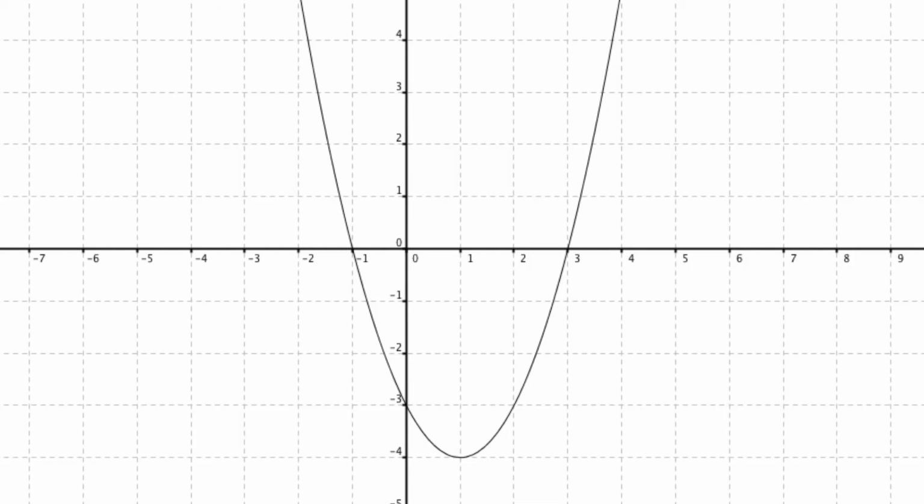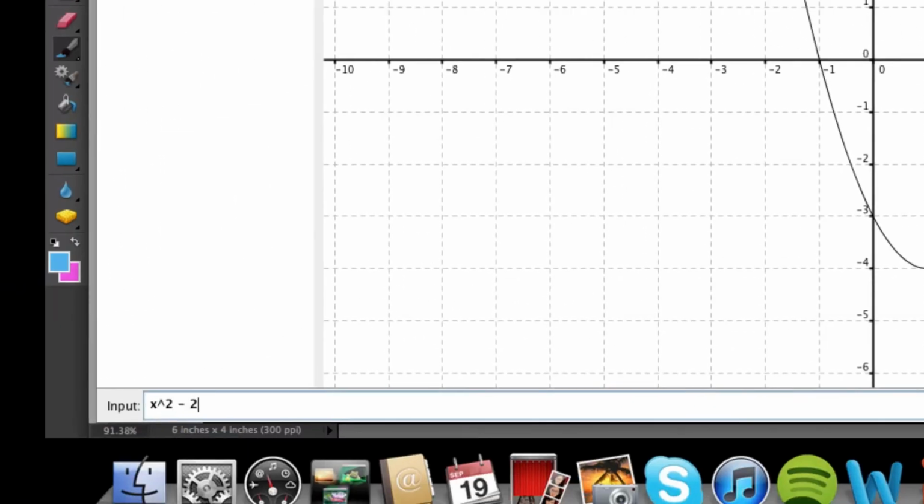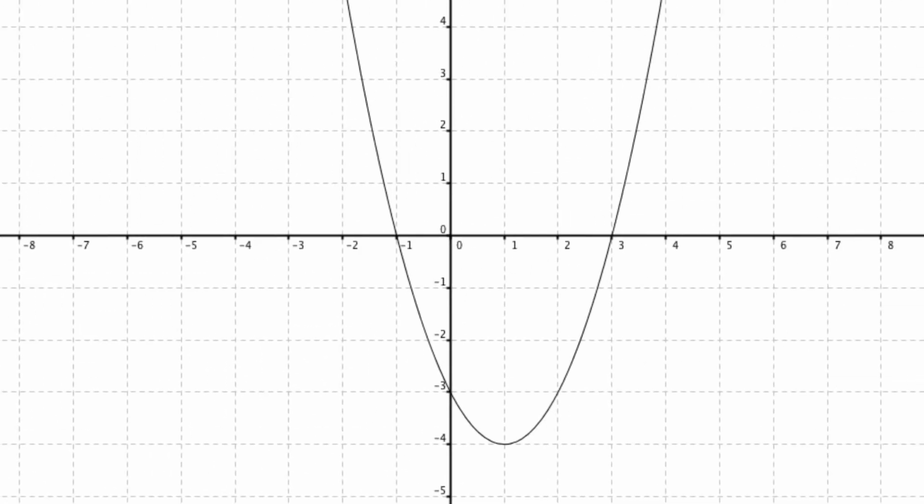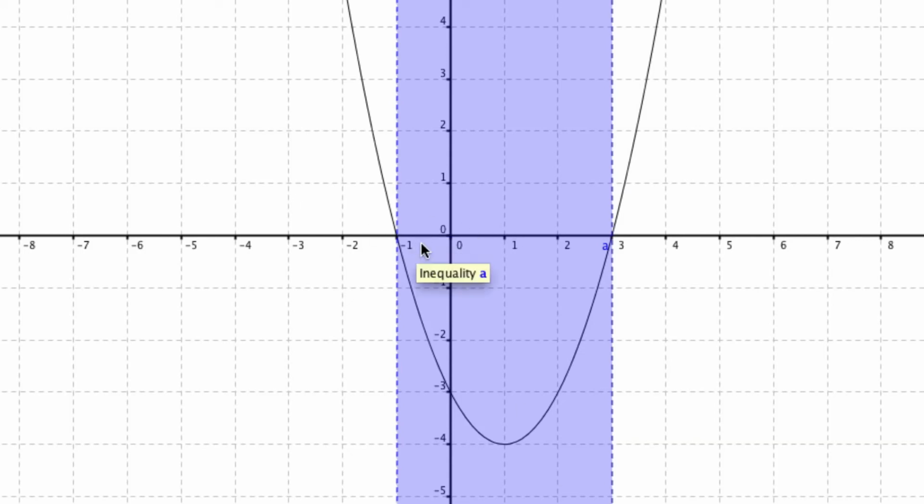So one last thing I'd like to do is this. In this program, it's really nice, I can type in x squared minus 2x minus 3 less than 0. And what this is going to do is highlight all of the x values for which our function was negative. You can really see it now that at our critical values, of course, we have these dotted lines. Basically that means it doesn't include negative 1 and positive 3. But those were all the x values being highlighted, for which you notice here we had negative y